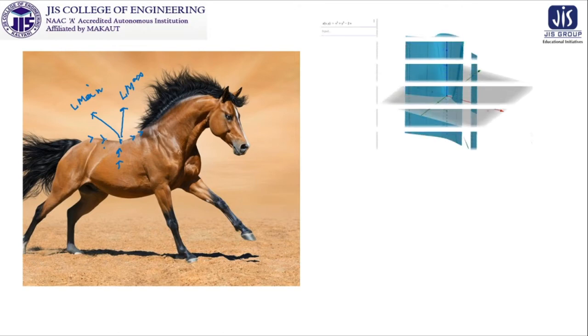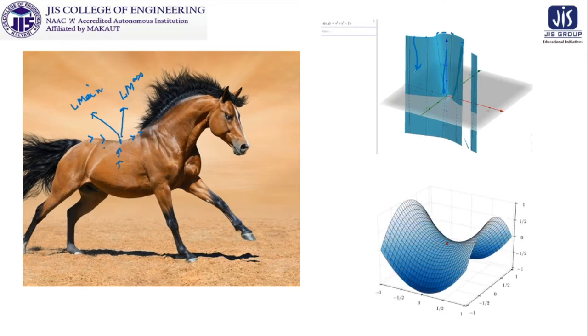So if we proceed, what we see, there are some structures in several variables where, depending on your view, if you look at this particular structure, this is the topmost point in all. But if you look from this direction, if you just flatten it, you will get a particular point over here which is the topmost one, and a point over here which is the lowermost one. So this is the representation of surfaces. And finally, if you see this particular structure, this is nothing but the structure of this particular horse.